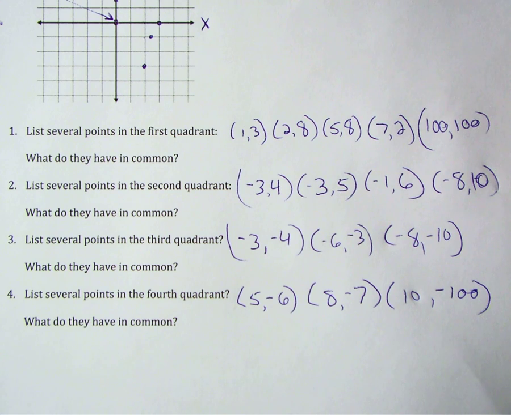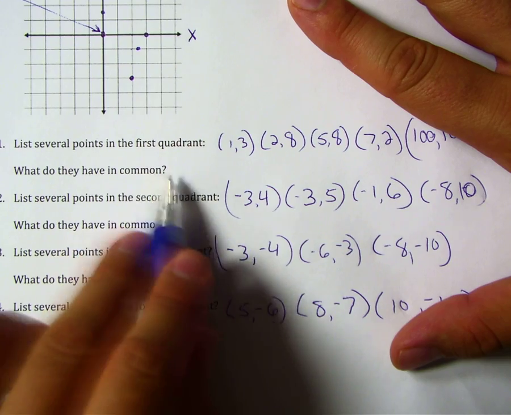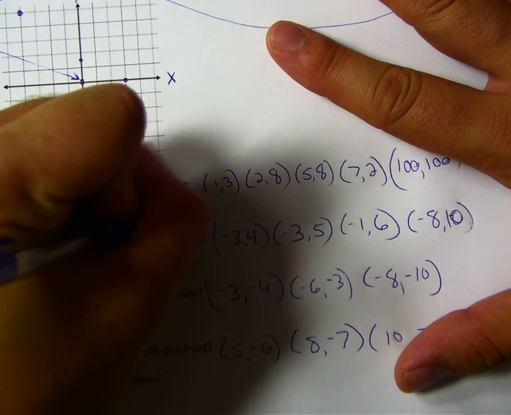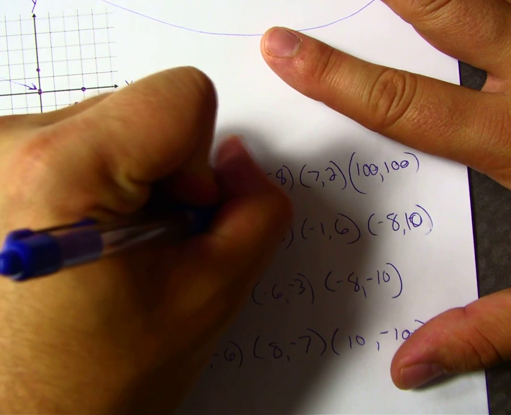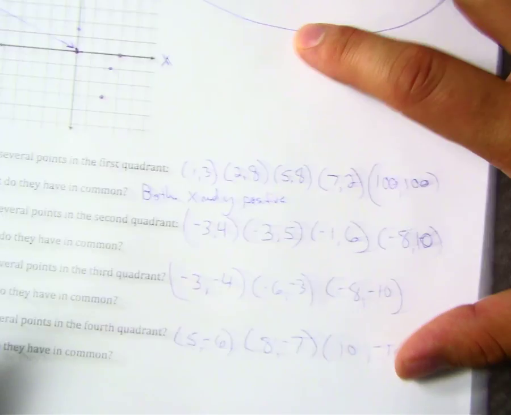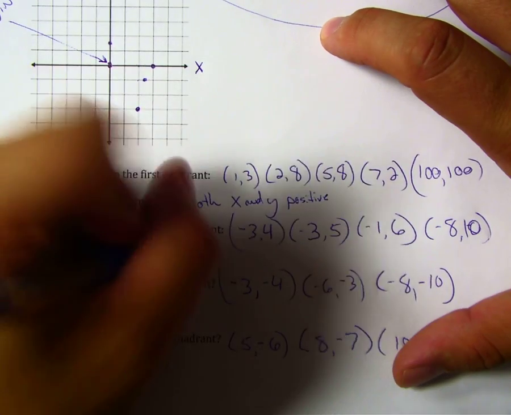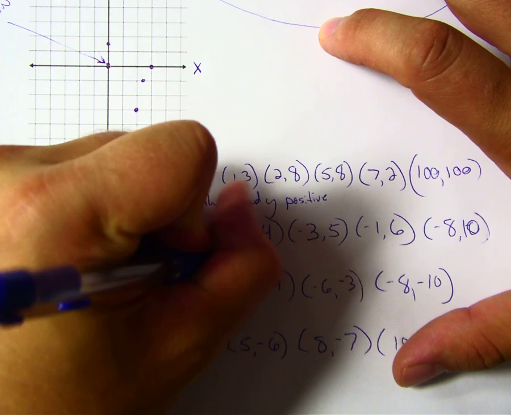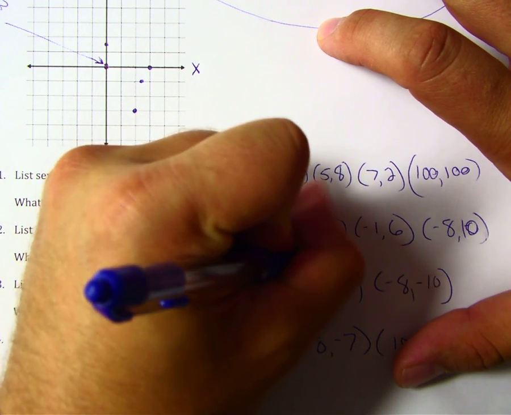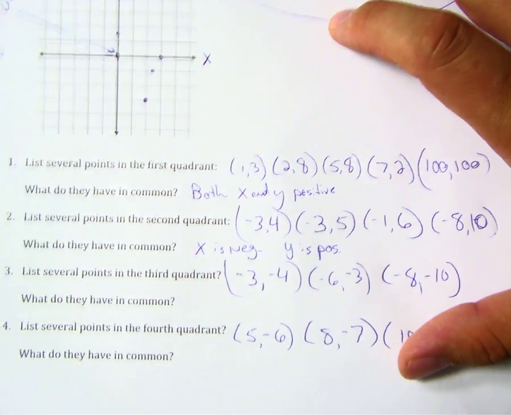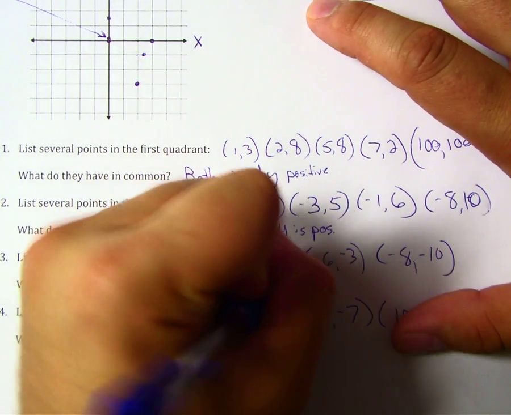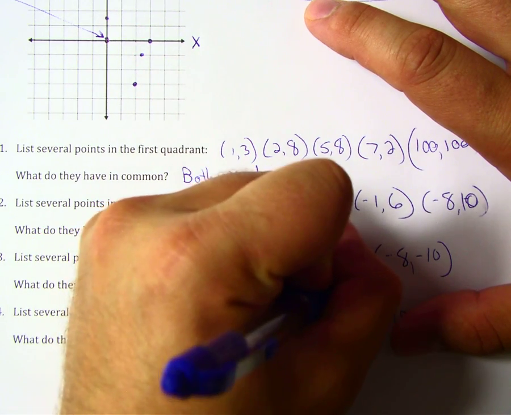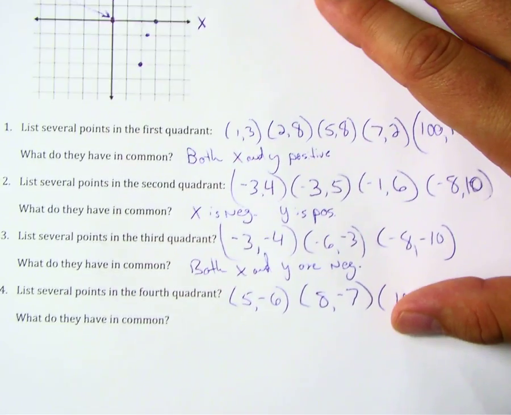All right. Now let's go back and talk about what all these have in common. If you want to look at the first quadrant, both x and y are positive. Both x and y are positive in the first quadrant. Second quadrant, x is negative, y is positive. Third quadrant, both x and y are negative. And then the last one, quadrant 4,